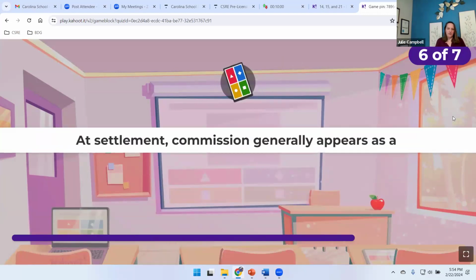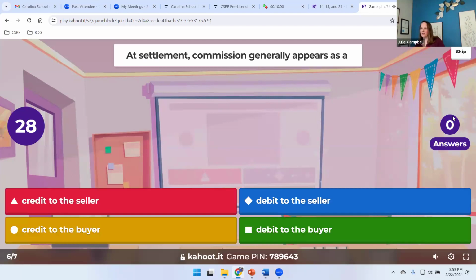At settlement, commission generally appears as a